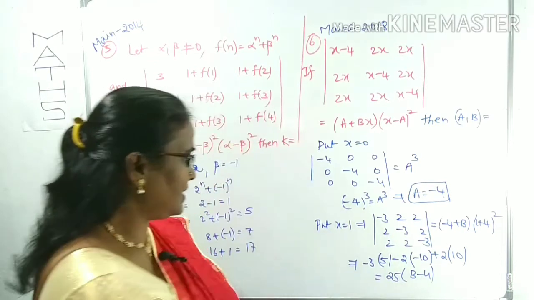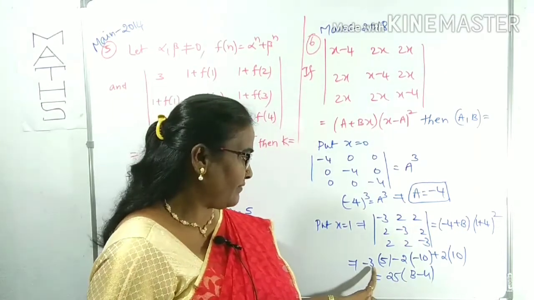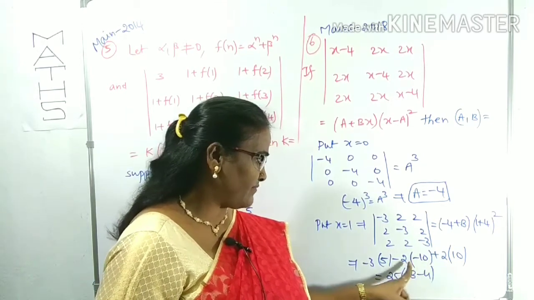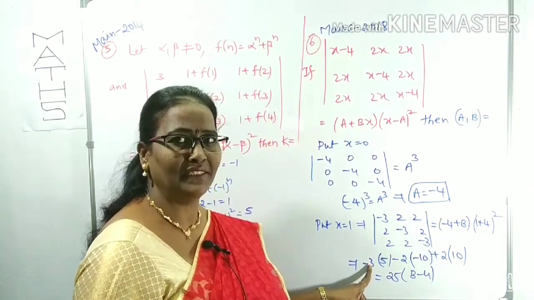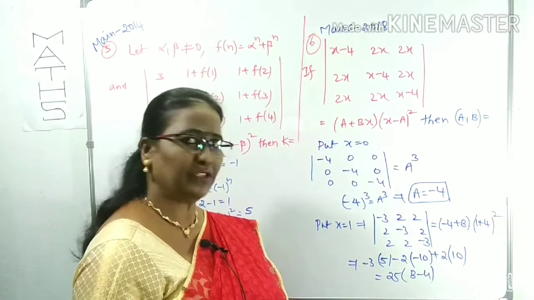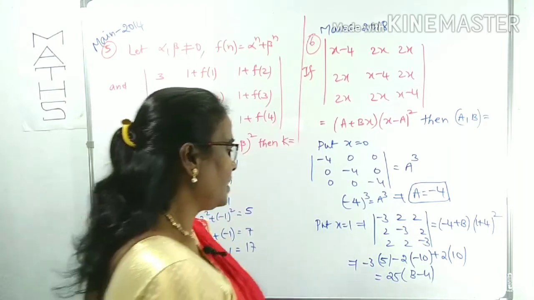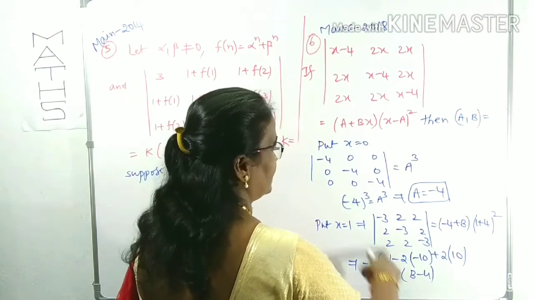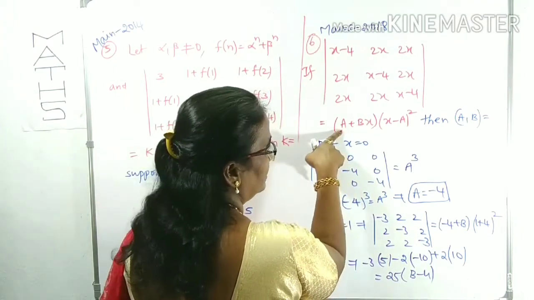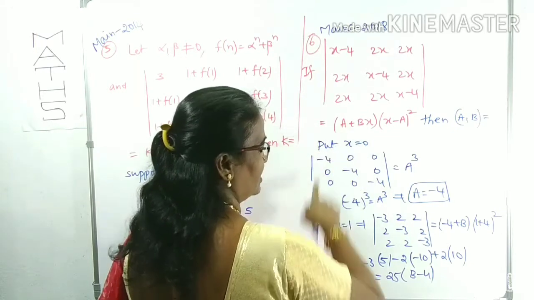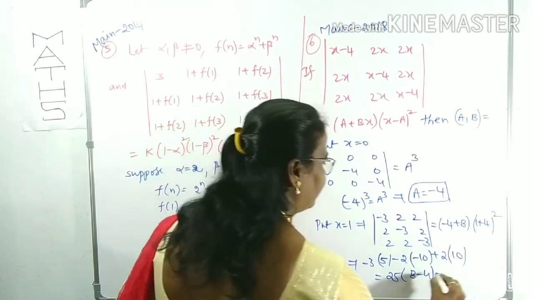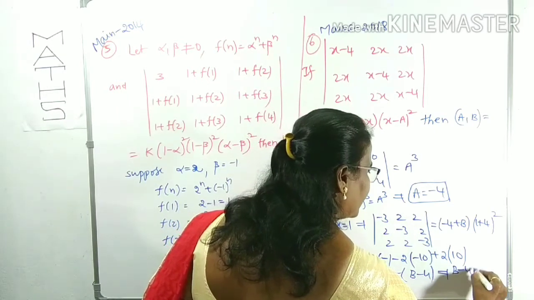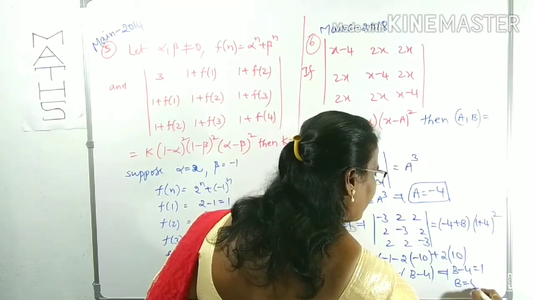Okay, we can concentrate here. Minus 15 plus 20, plus 20, plus 20, plus 40. Plus 40 minus 15, 25. 25, 25 gets cancelled. Here b minus 4, as a is minus 4, x is 1. b minus 4 is 25. What will be left over here? So 25, 25 gets cancelled, which means b minus 4 value is 1, and the b value is 5. That's it.